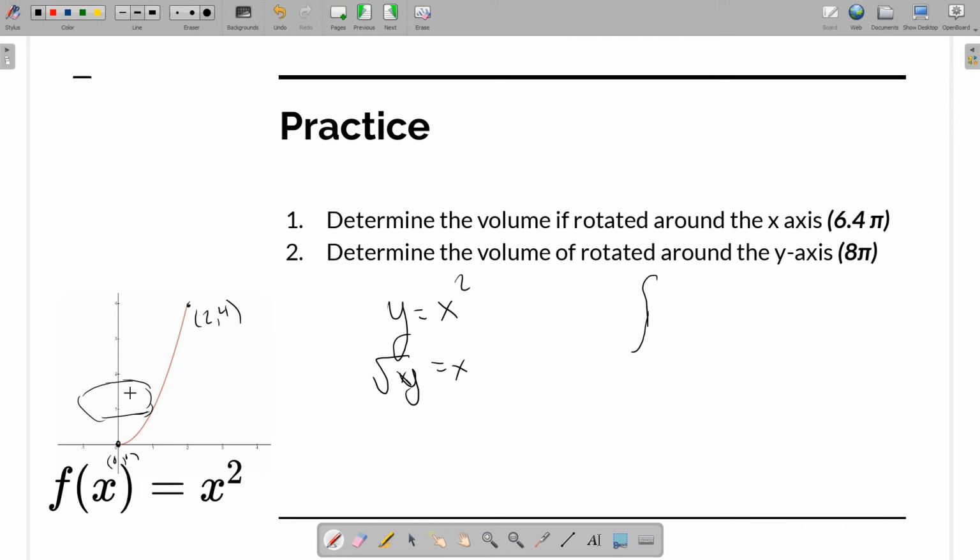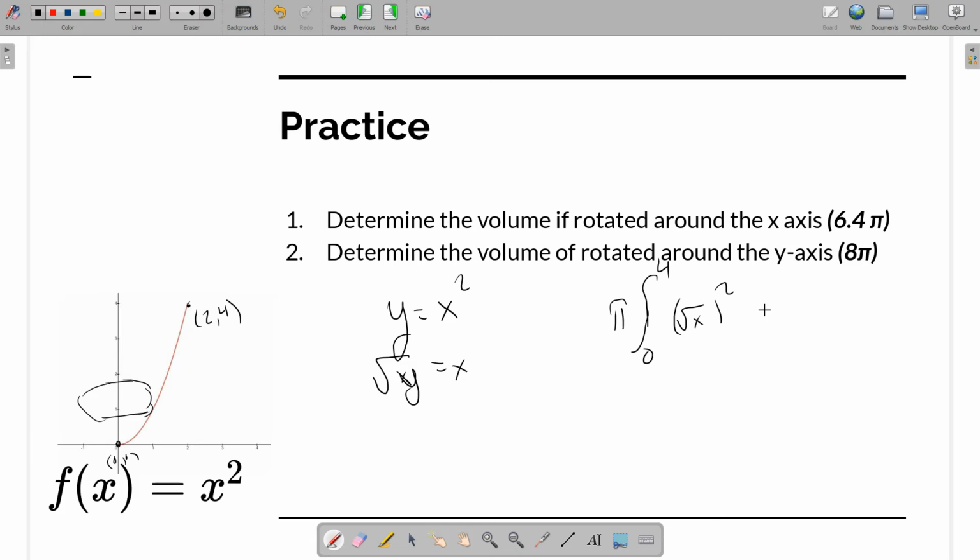You rotate around a point, you revolve, regardless. Excuse me. You want to use your y points as your reference, because your function is now f of y, or f inverse of x. So I'm going from 0 to 4, and it's going to be the square root of x all squared,